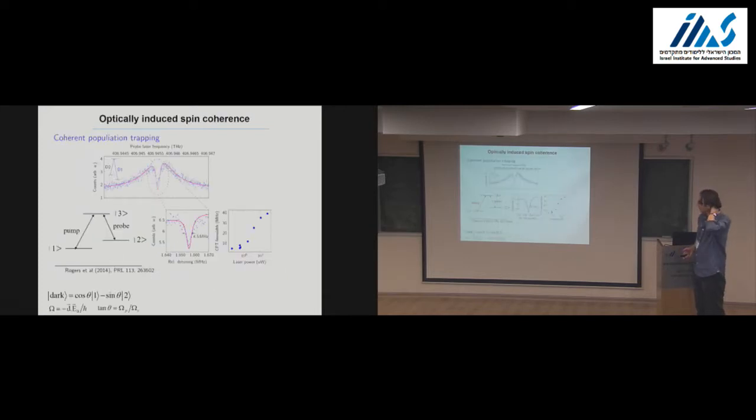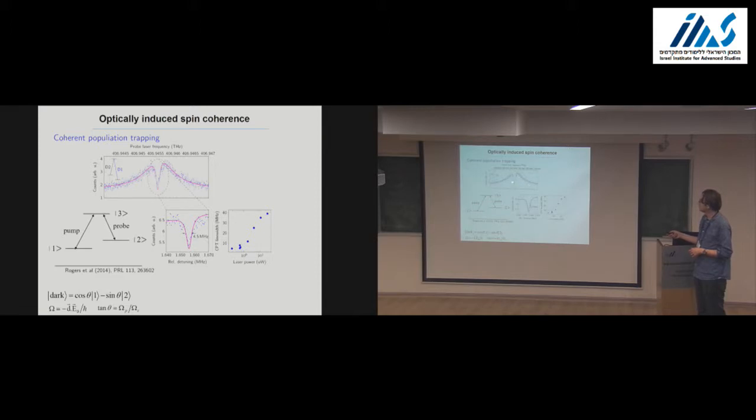And so to look at this, you need to basically control coherence in the ground state. That can be done, for example, by tuning pump and probe laser in resonance with a 3-level system where 2 ground states are spin states, and the excited state is the optical excited state. If you change the frequency of the probe and go through resonance, you will see the normal absorption profile, but